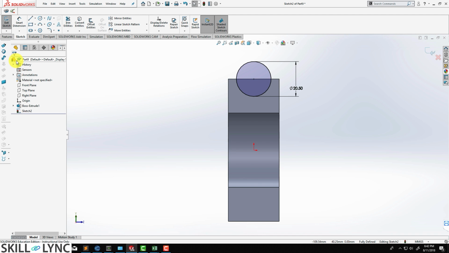Now we are going to mirror this particular circle. Click on mirror entities, and let's select this particular circle, and we are going to be selecting the top plane for mirror about, and then let's click OK. Let's exit the sketch. Now we are going to use extruded boss base. Select the two circles and type in a value of 30 millimeters. Now the direction needs to be reversed, so we are just going to flip the direction,